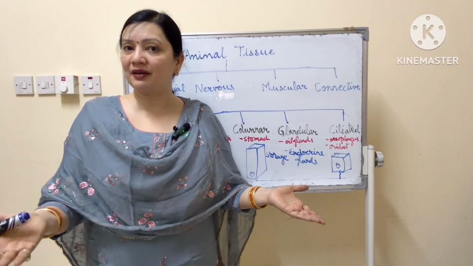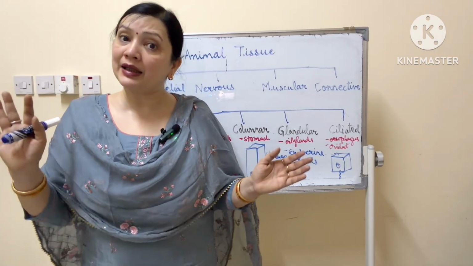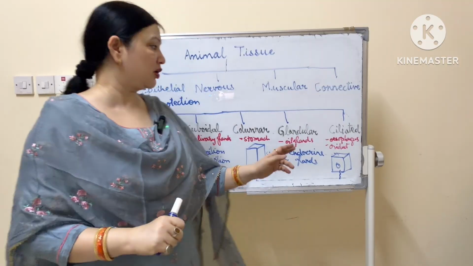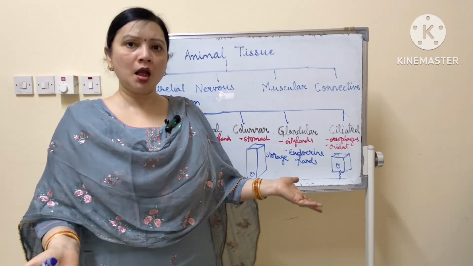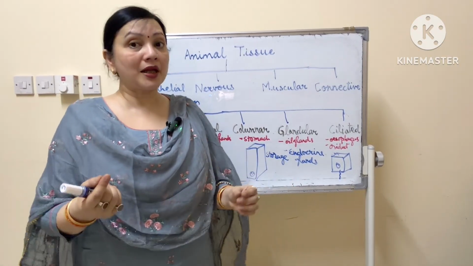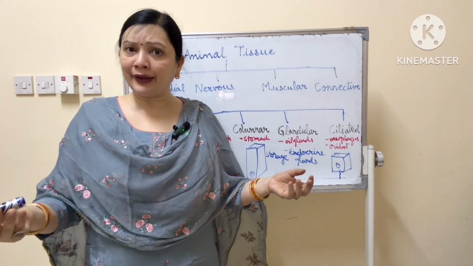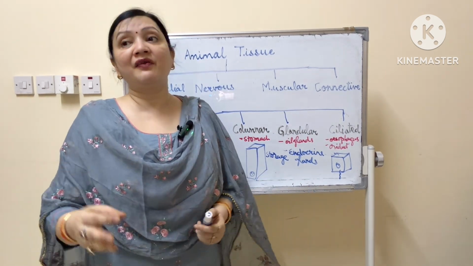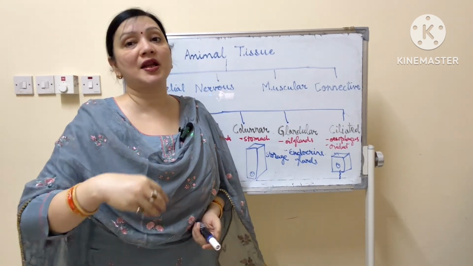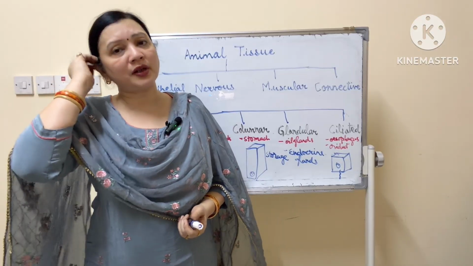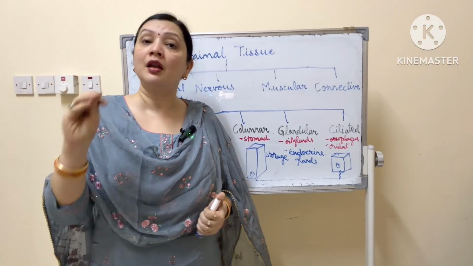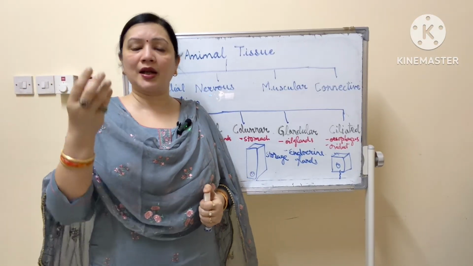Now sweat, if you take the example of sweat, the sweat gland keeps on producing sweat and it will be stored where? Glandular epithelium. But do we sweat the entire day? No. Only when it's very hot, the sweat comes out. In very tiny amount, it keeps coming out. That is a different thing. But you feel sweat when it is very hot.